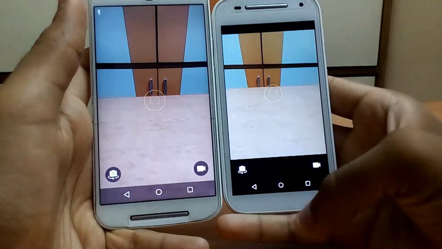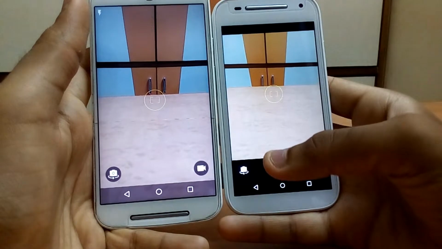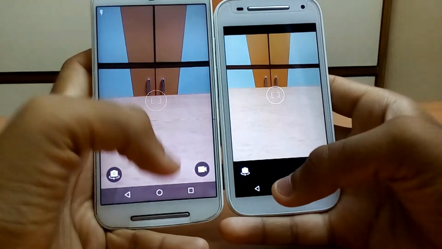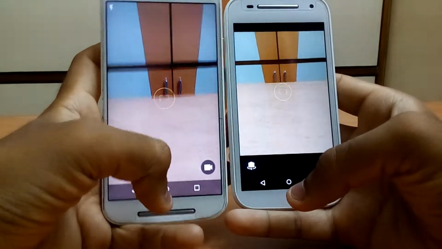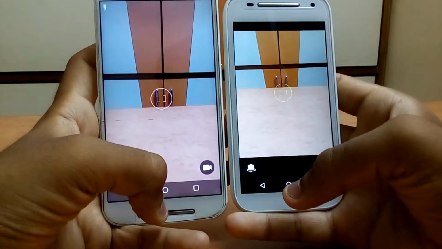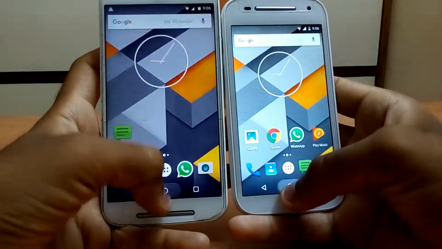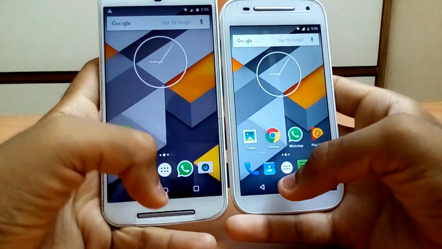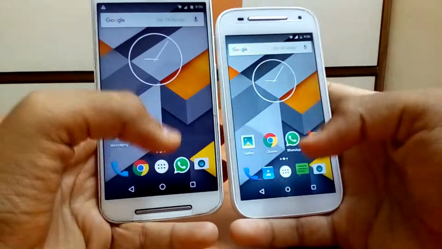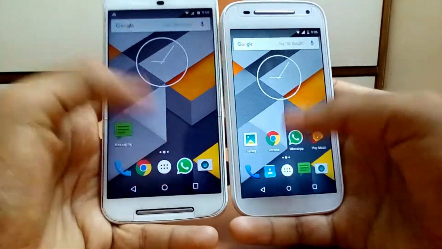Here the camera app started earlier in Moto E second generation, as you can see, and Moto G second generation was quite a bit slower. That's not a massive difference between them. It was a difference of 1 or half a second.